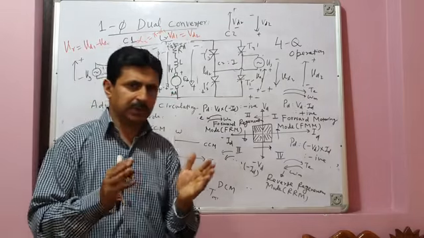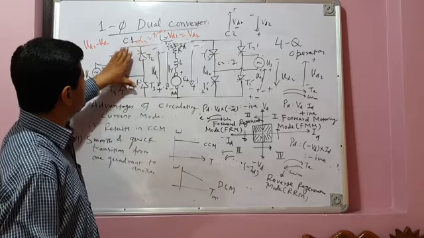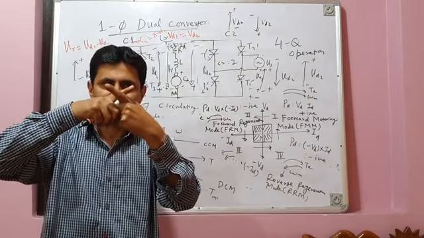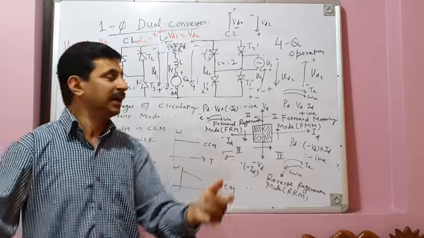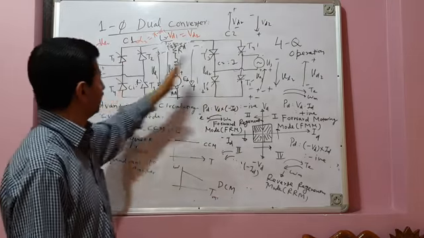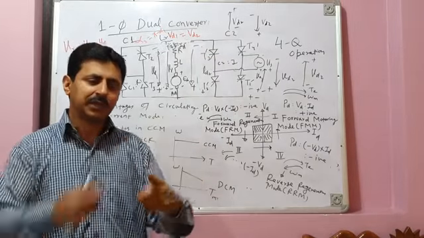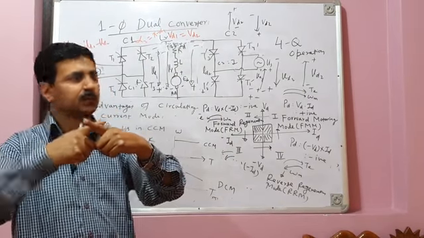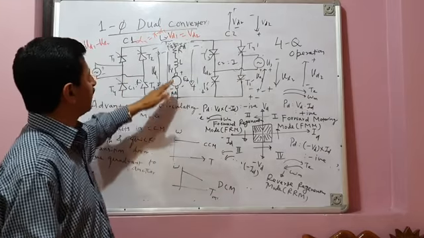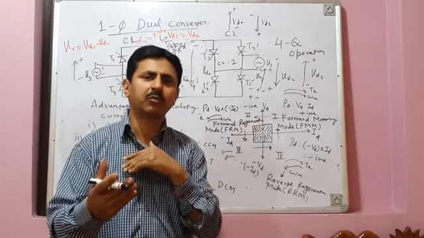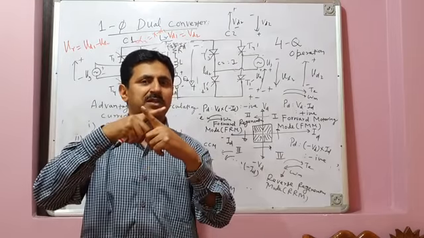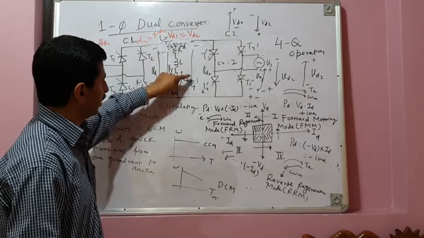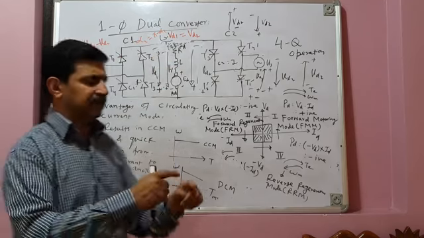Okay, if you feed your motor by a single converter, not a dual converter, then for regeneration mode, you have to flip the armature terminals or field terminals, which is impracticable. And if you feed your DC motor by a dual converter, which comprises two back-to-back full converters, then do you have to flip armature terminals or field terminals? No. You operate your dual converter in such a way that the machine operates in the motoring mode or in the regeneration mode. You don't need to flip the armature terminals. So all the problems which are there because of operating your DC machine by a single converter are overcome.